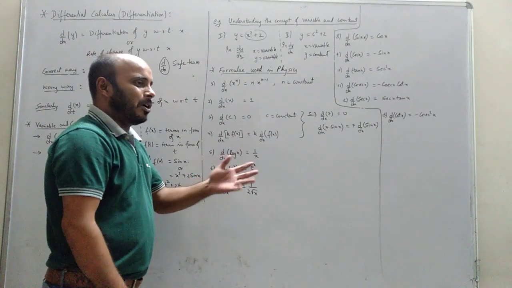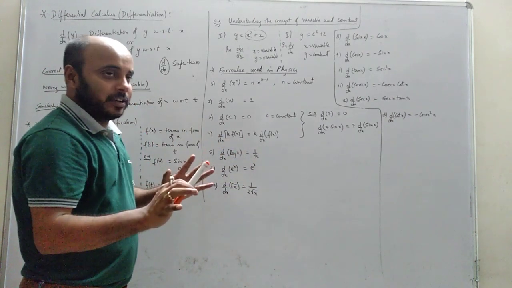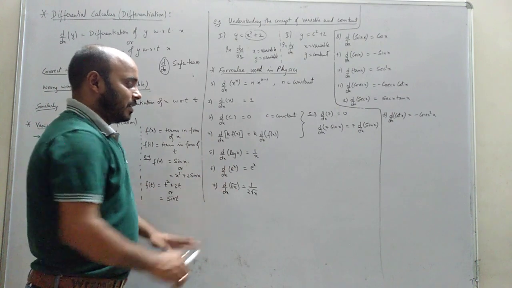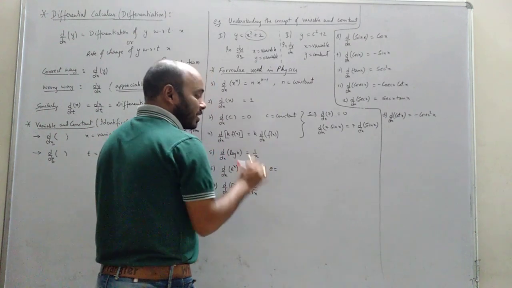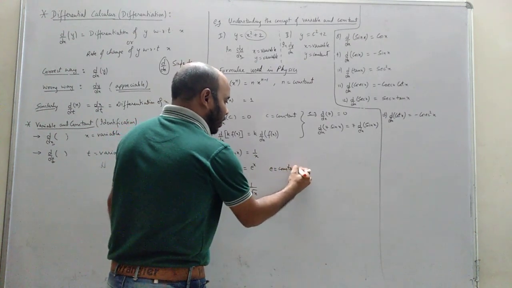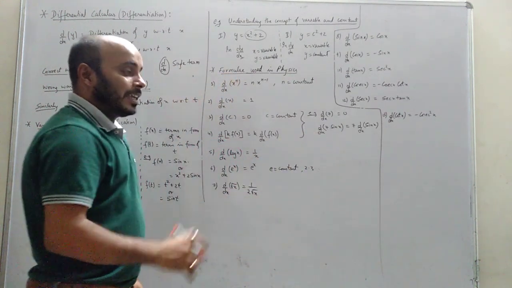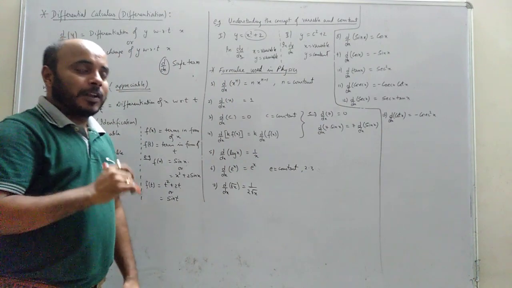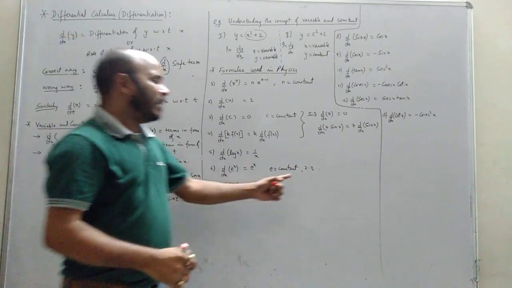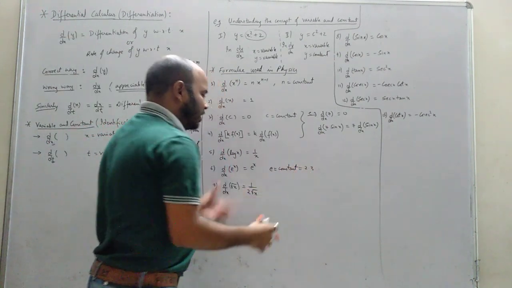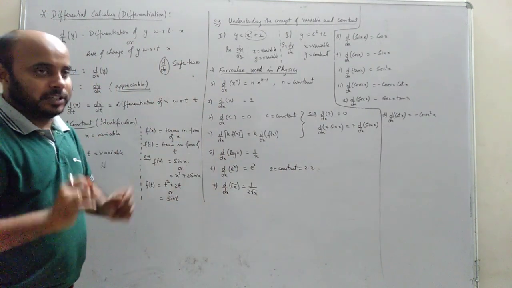Okay. Now, next, d/dx of log x. Now you don't worry about what is log and all. You don't get tense. You just remember like this. d/dx of log x is 1 by x. We don't need anything extra here. d/dx of e to the power x equals e to the power x. Now what is this e? This e is a constant. Okay, it's a constant whose value is approximately 2 point something, 2.3 approx. Like pi. We write pi. What is the value of pi? 22 by 7. So instead of writing 22 by 7, we write pi. Same, instead of writing 2.3, we write e. So e is just a fixed constant.